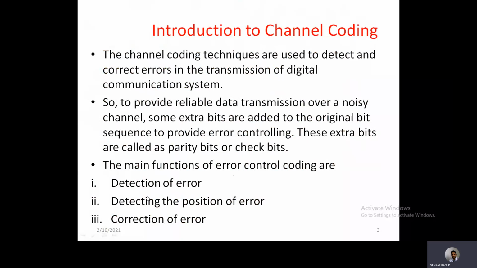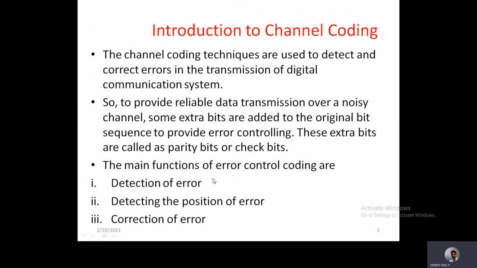So what is the main function? Detection of error, detecting the position of error, and correction of error. On the whole, we understand that channel coding techniques are used especially for detection and correction of error. Now we'll see why errors occur and why we need to detect and correct them.